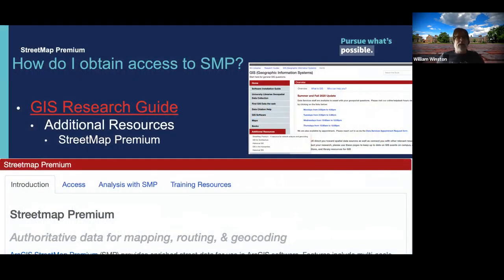So the next question we usually get is, how do we obtain access to Streetmap Premium? We have a GIS research guide for that, and the link will be in the slides. The key thing to remember about the Streetmap Premium product is this is a very large data set. It's going to require 40 to 50 gigabytes of space on your hard drive for you to download and install